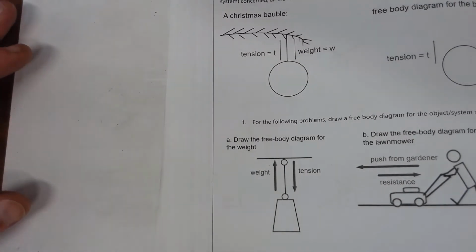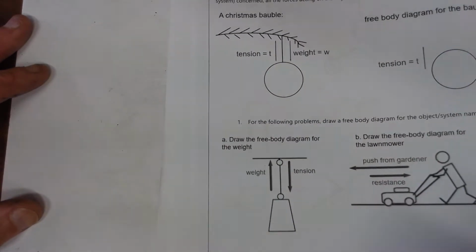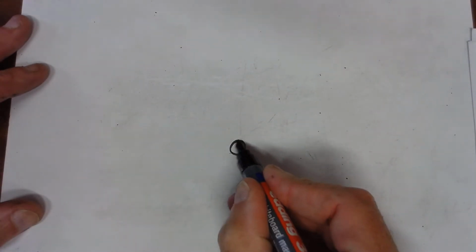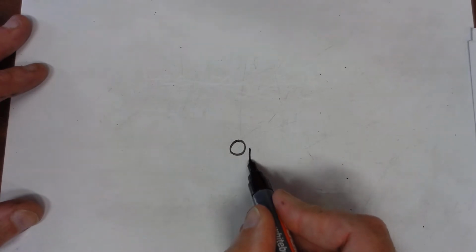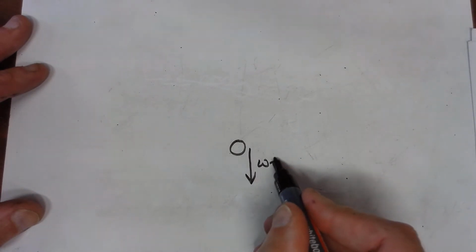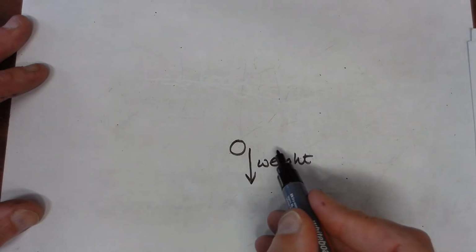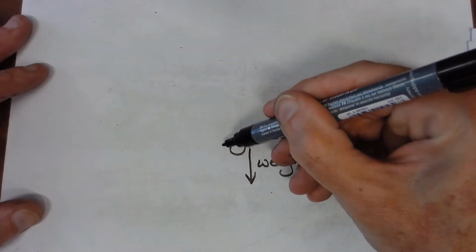Here we have a free body diagram. We're asked to draw a free body diagram for the weight. Okay, so what we mean by the weight is this thing here. Perhaps we should call that a mass, but for now let's keep it at that. So here is our free body diagram, nice and simple. And this is wrong. The weight should be acting downwards. So apologies for the error in the booklet. The weight is the force acting downwards, and the tension